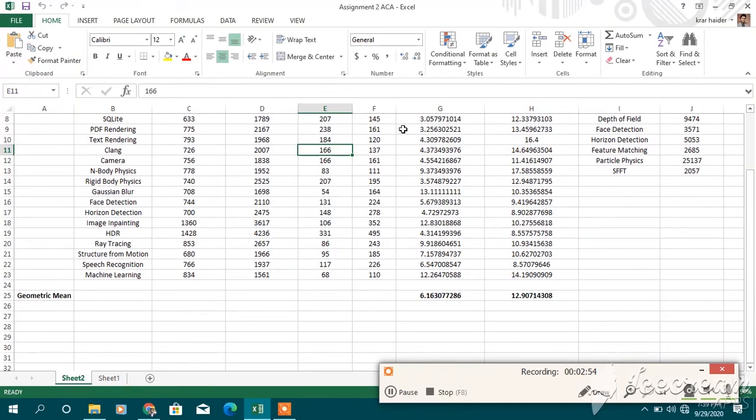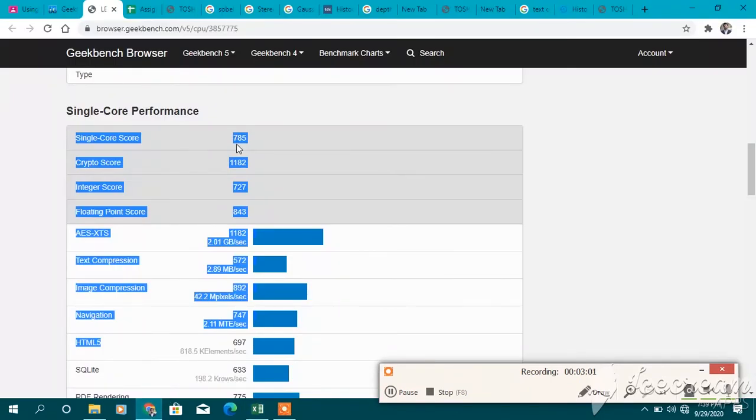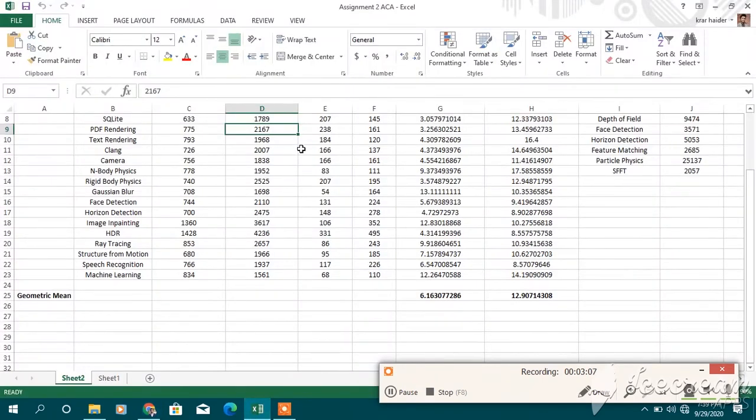So I have put all of these values in this column. You can check and match these. This is 785, 1182, 727, and look as well in there.